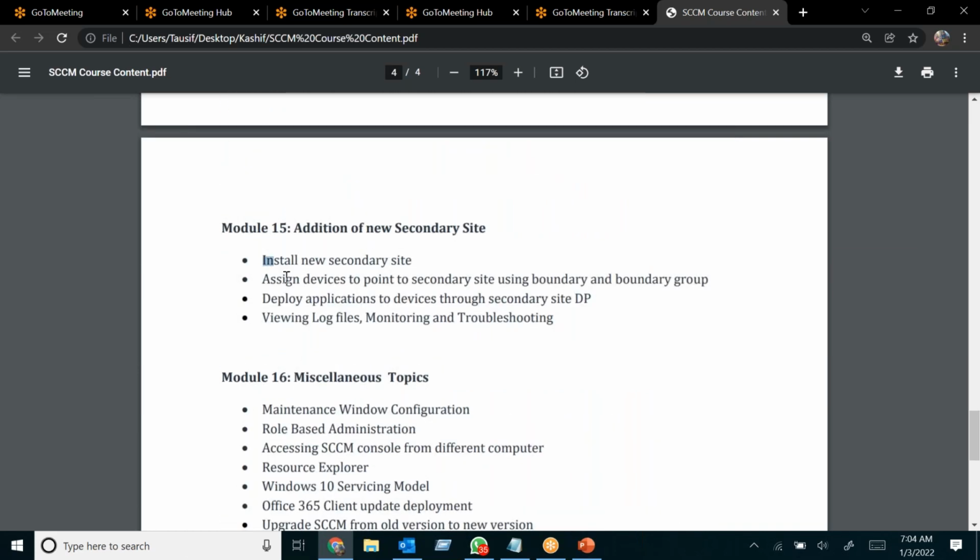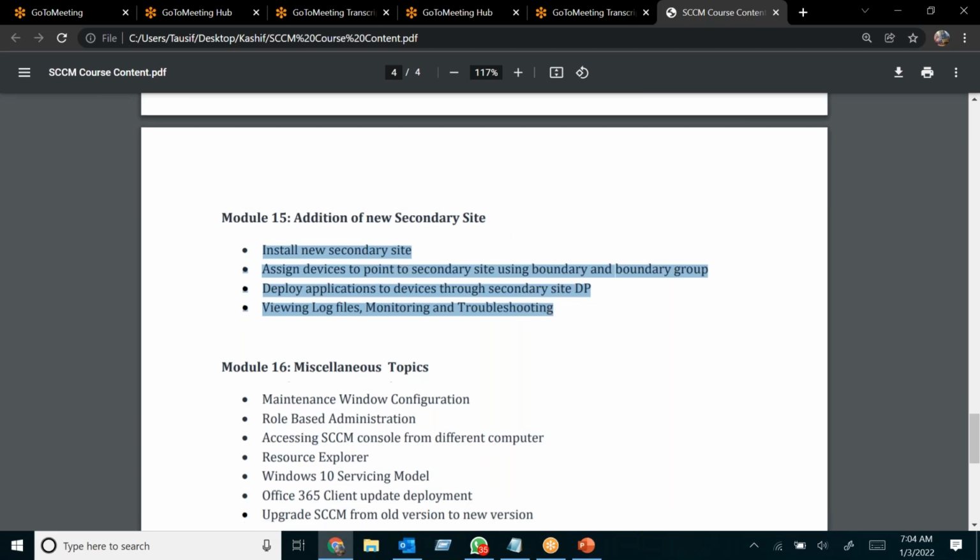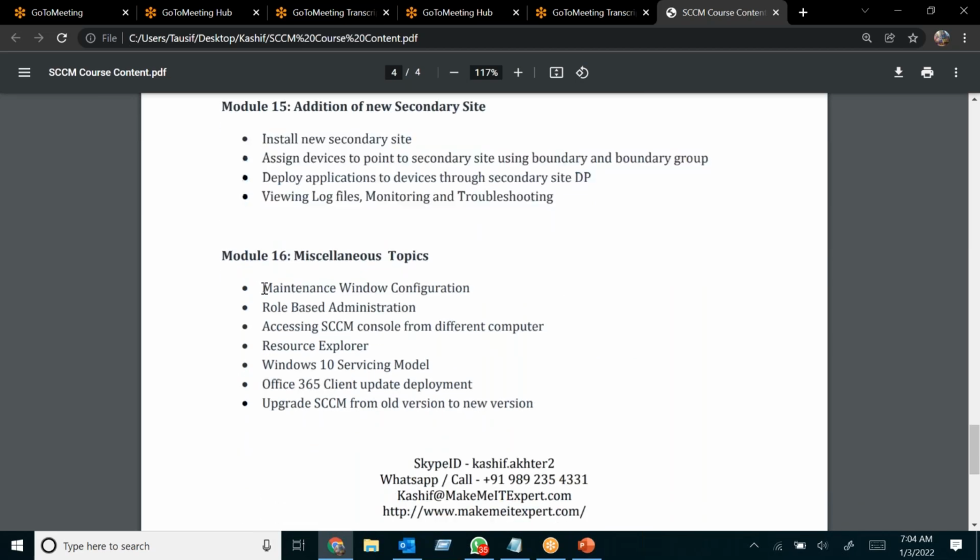Then we'll install a new secondary site, and there are miscellaneous topics like maintenance window, role-based administration, SCCM console from a different computer, resource explorer, Windows 10 servicing, Office 365 client update, and upgrading SCCM from the old version to the new version.